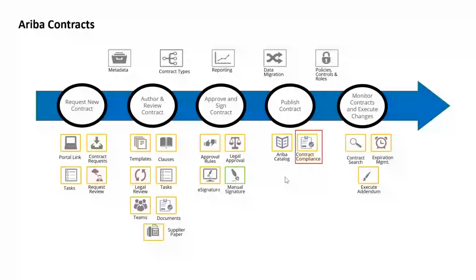Okay, and what is the contract life cycle after the contract is published, how you are going to create your amendments. And then we will see something called contract compliance. Contract compliance is the linkage between your upstream and downstream. So we will see what is contract compliance, and what we mean by clause libraries, and we will see everything in the contract